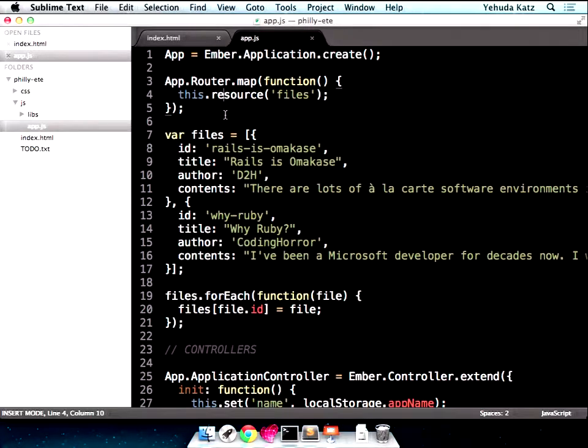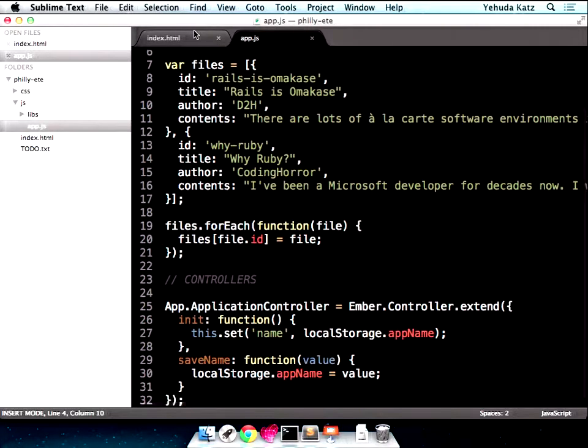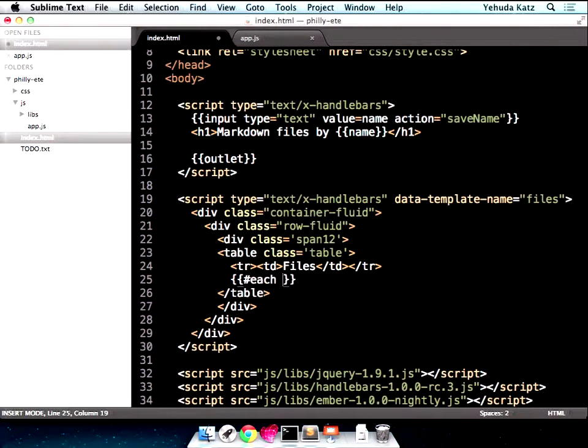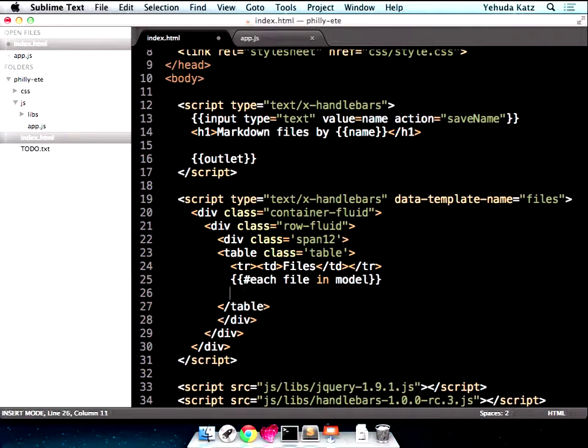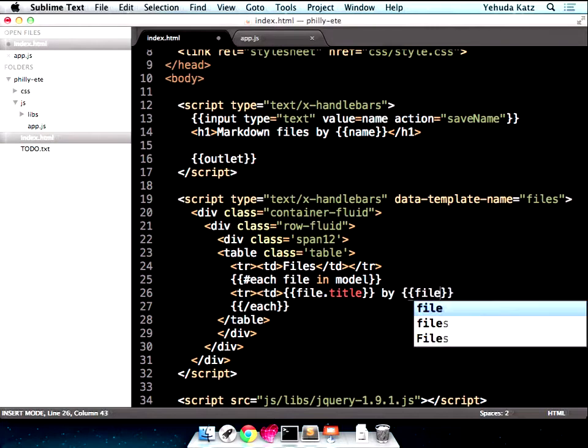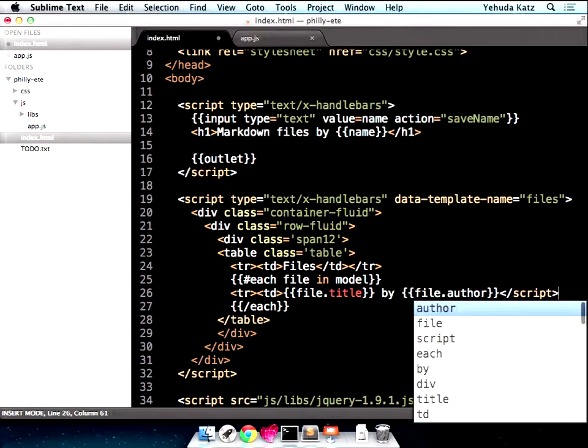So let's actually go and let's make some files. So the first thing I'm going to do is I'm going to go over here, and I'm going to say each file in model. So each file in the model, which we'll assign in a moment. And then we're going to create a tr, a td, and we're going to say file.title by file.author. And if I go back there,